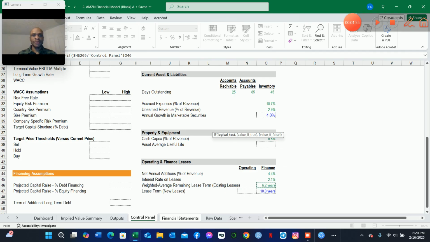So that opening balance has to be paid for the upcoming 6.2 years. So we say that if that opening balance divided by the weighted average remaining lease term for the existing leases,